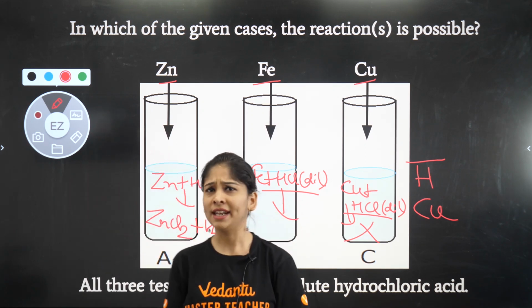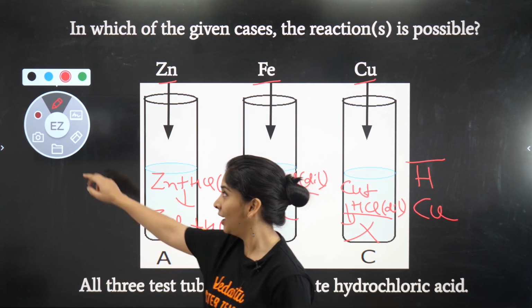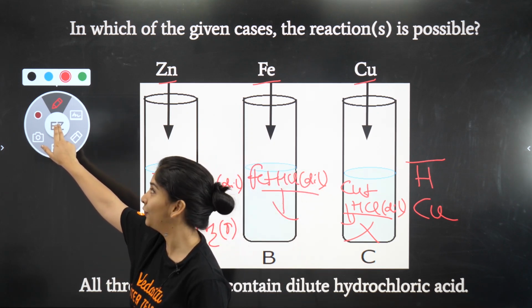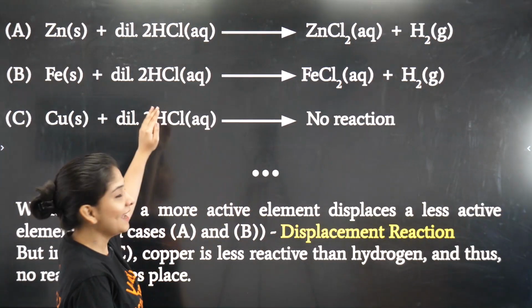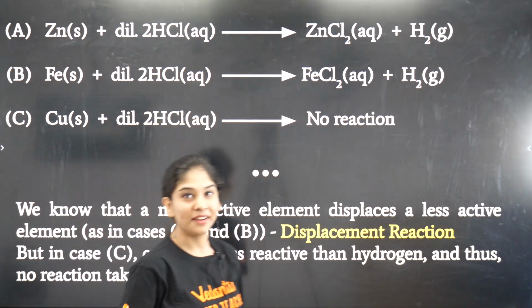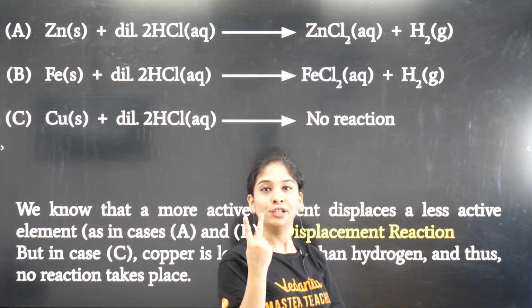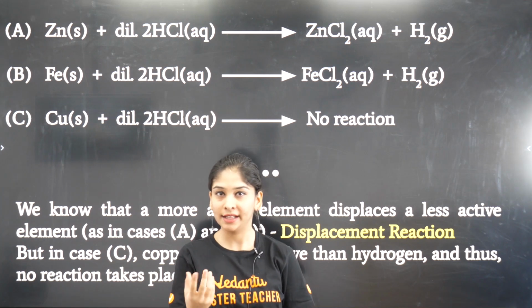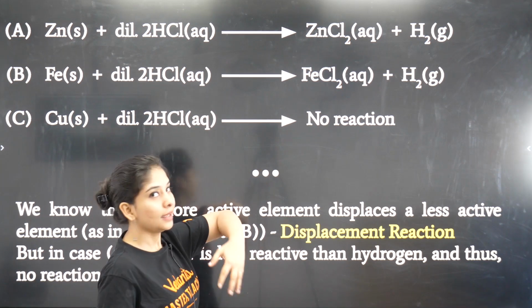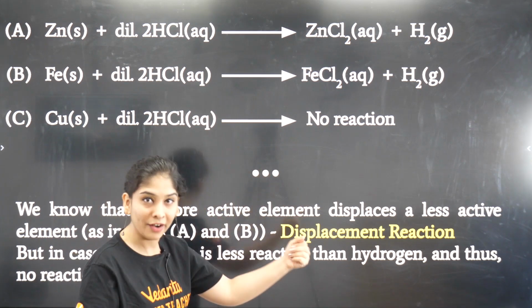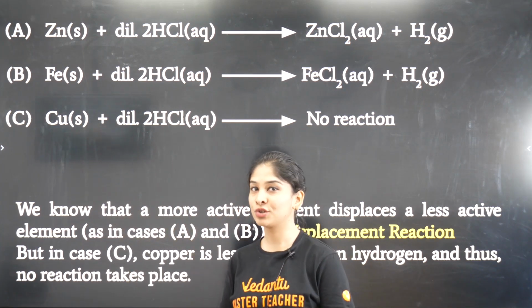So quickly tell me, when iron is going to react with dilute HCl, what is going to form? I'm giving you 10 seconds. 1, 2, 3, 4, 5, 6, 7, 8, 9, 10. So let's see. Now this picture is clear. Whenever iron is going to react with dilute HCl, FeCl2 is going to form. Means iron in 2 valency is going to form. Iron shows variable valency, 2 as well as 3. This is FeCl2 that is going to form. Gas is going to evolve out. And in the third part, no reaction at all, kids. I hope this reaction is super clear to all of you.